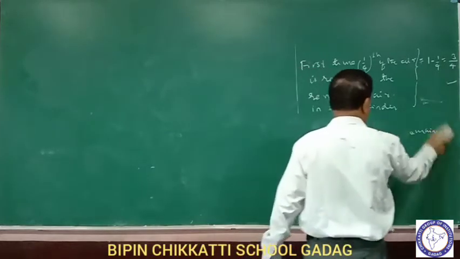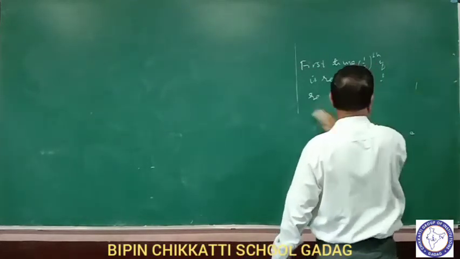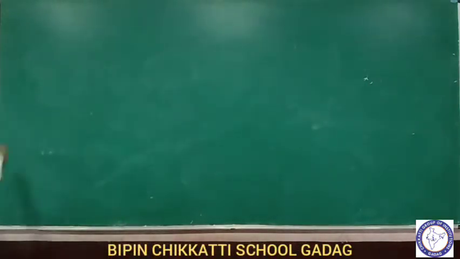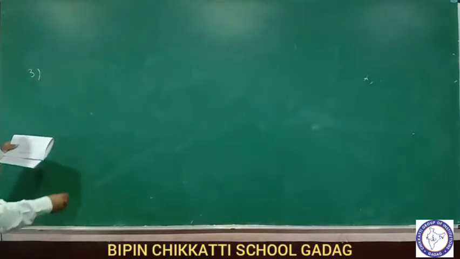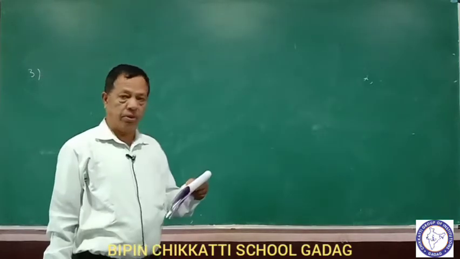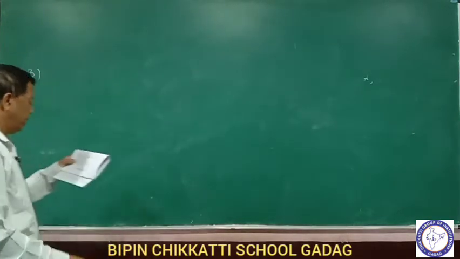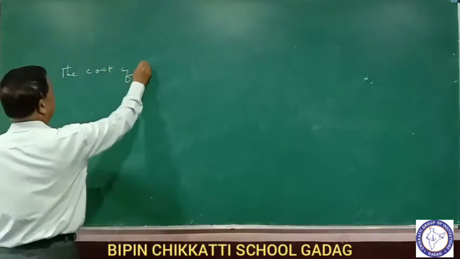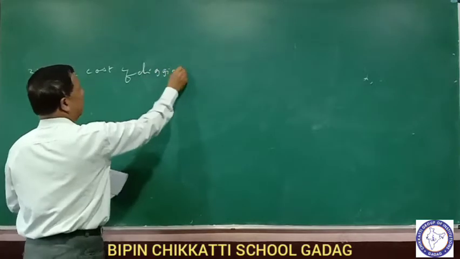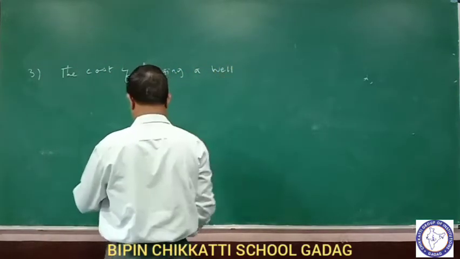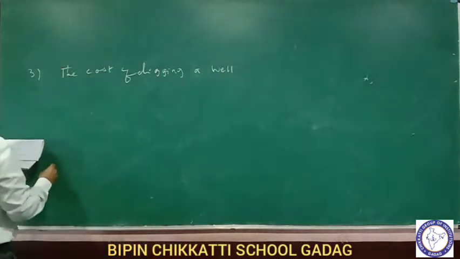I am explaining only how you can find the results thoroughly in this case. See, the third situation is what? The cost of digging a well. I think you see the notes there already. I have given you the cost of digging a well. See, the cost of digging a well, and accordingly we have to go for